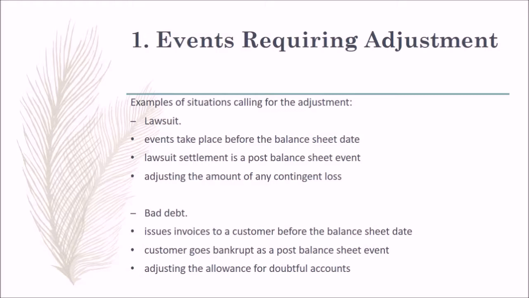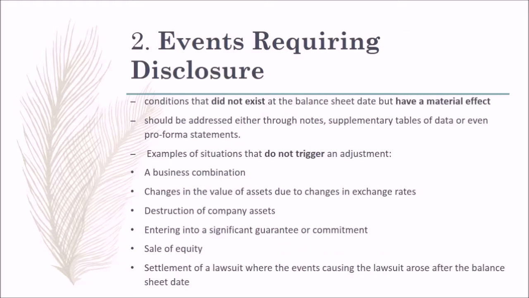The next type of post-balance sheet events is events requiring disclosure. It includes conditions that did not exist at the balance sheet date but have a material effect on the financial condition of the company. These events should be addressed either through notes, supplementary tables of data or even pro forma statements. Examples of post-balance sheet events that do not trigger an adjustment to the financial statements are a business combination,